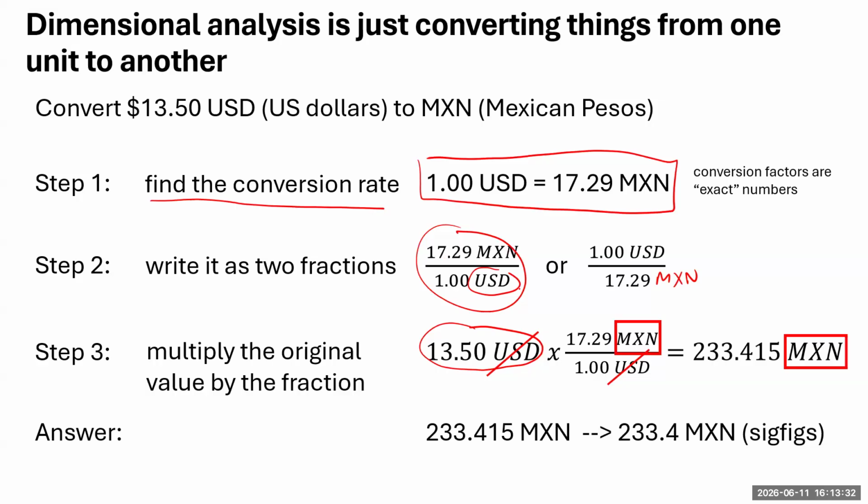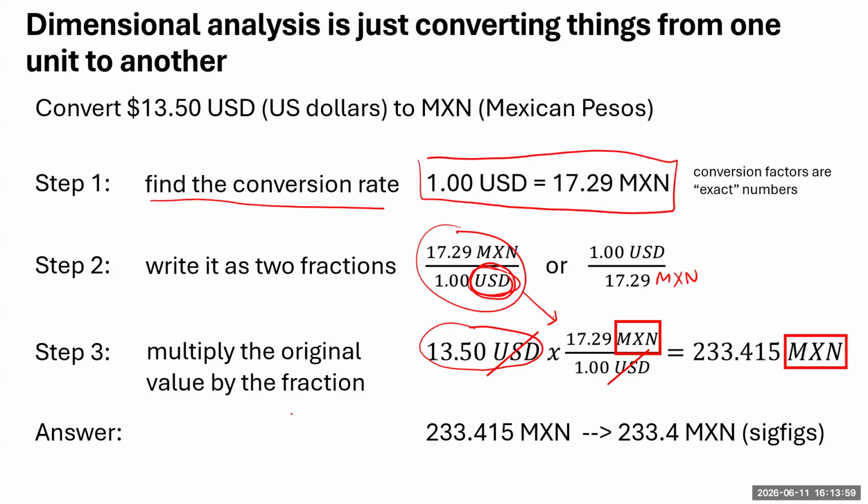So we're going to write it as 2 fractions. We're going to pick the fraction that has the same unit on the bottom as the original value, right? Okay, so then US dollars cancel out. We're left with Mexican pesos. It ends up being 233.415 Mexican pesos. And for this, what you're doing is you're taking